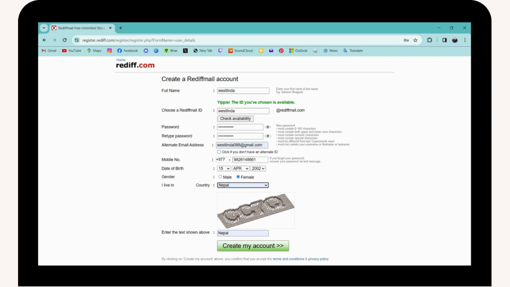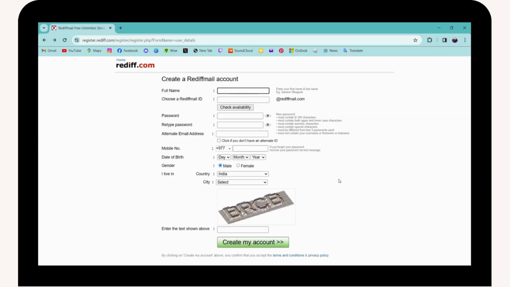And here you need to enter the text, which you can see here. And once you've entered the text, click on create my account. And once you click on create my account, your account will be created. So that's it. That's how you create your